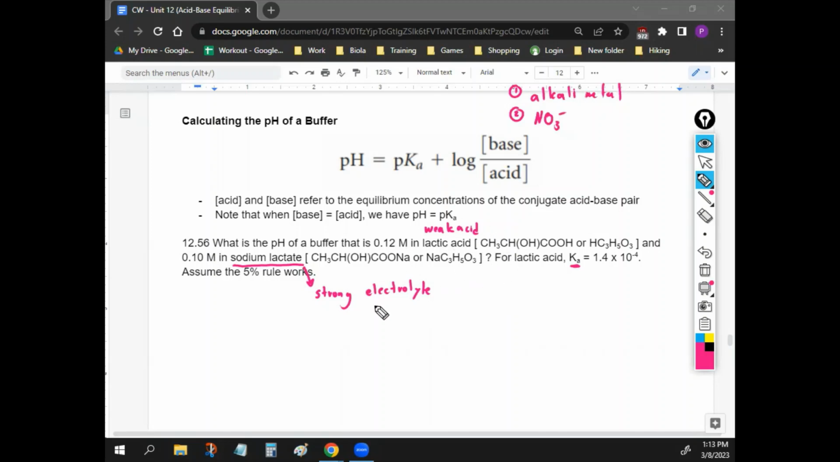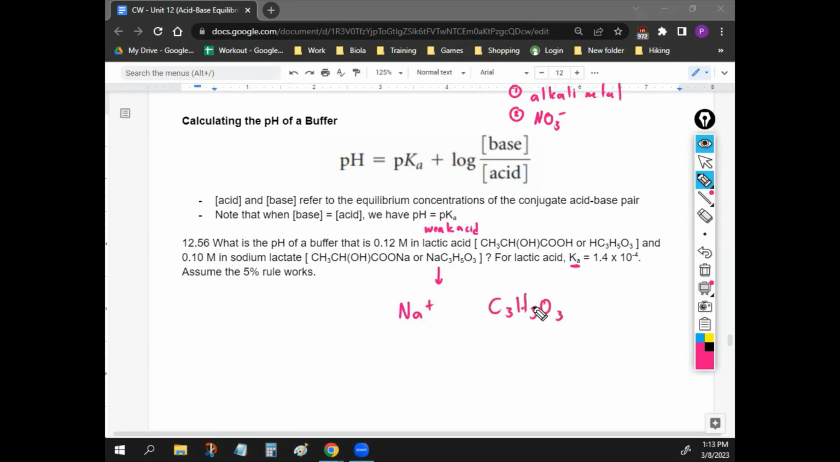Everybody good? Okay, so if sodium lactate is a strong electrolyte, that means it dissociates completely, right? It has 100% dissociation, which means when it breaks up, it's going to release the anion. So it's going to break up into Na plus and